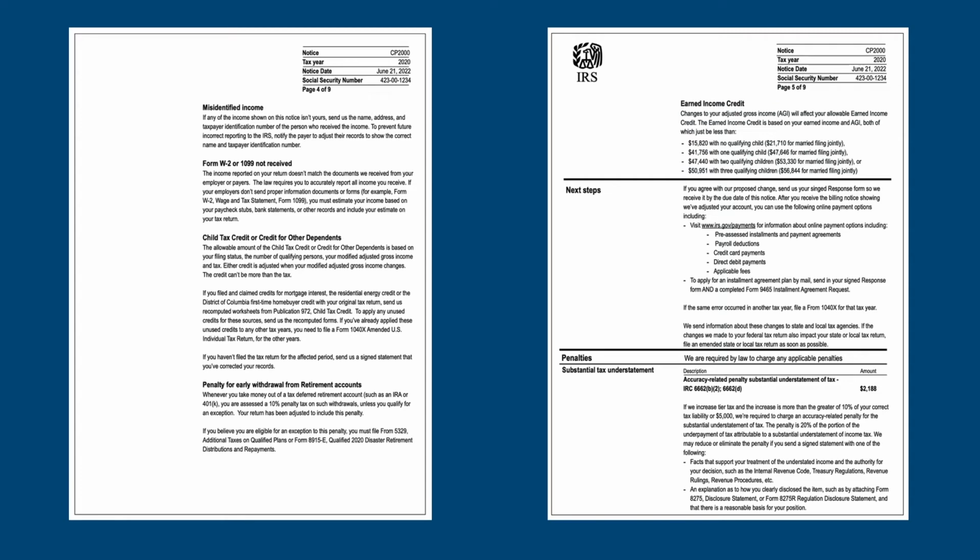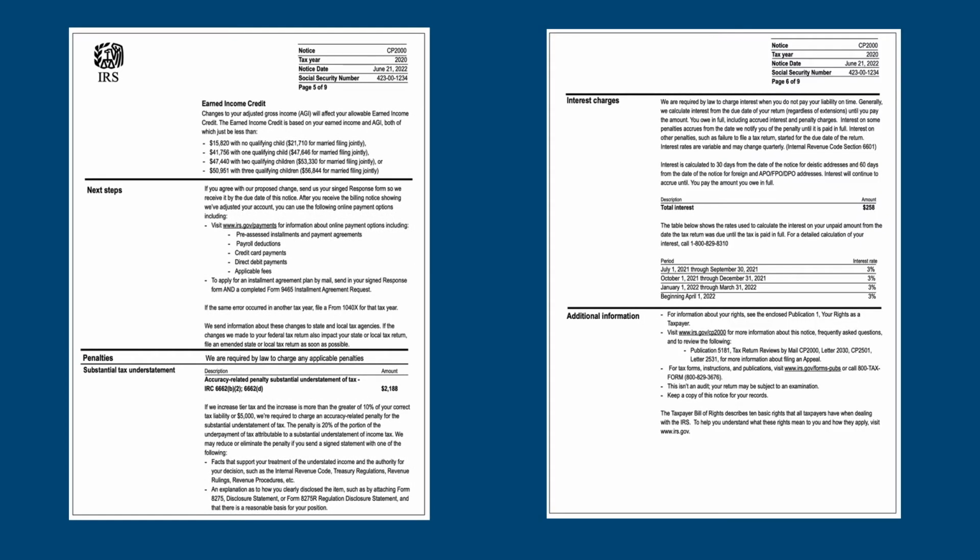But wait, there's more! The IRS considers a decrease in credits as an increase in tax. As such, Monica understated her tax liability by more than 10%, so the IRS is assessing what is called a substantial understatement penalty of 20% of the understated amount. Here, the IRS is assessing interest on the additional amount from the date the tax return was due, in this case, May 17, 2021. This section of the notice tells Monica what her options are if she agrees with the finding of the notice and she can't pay right away.